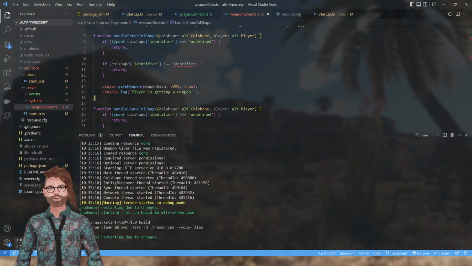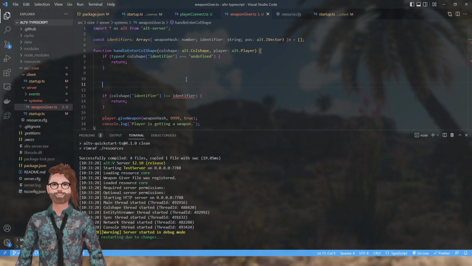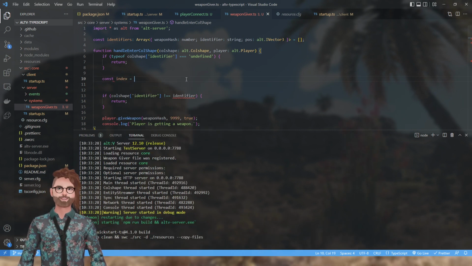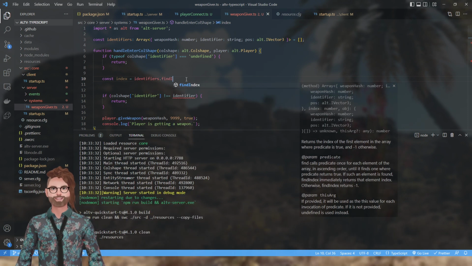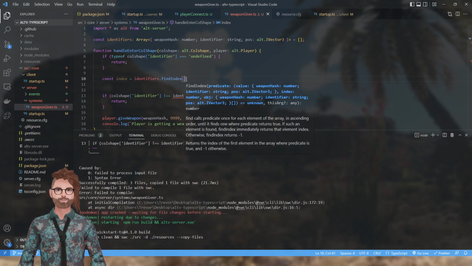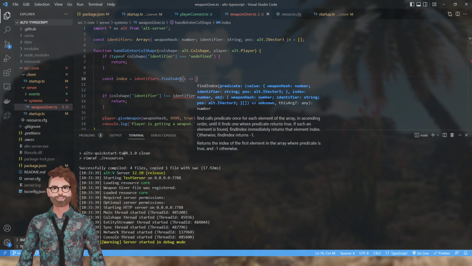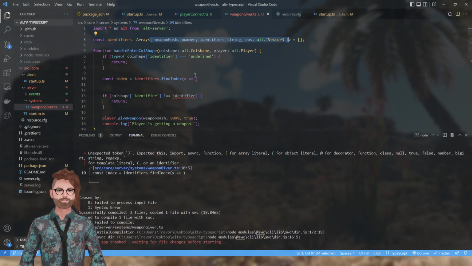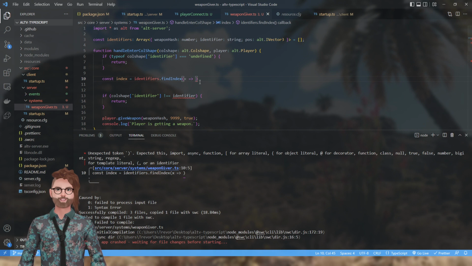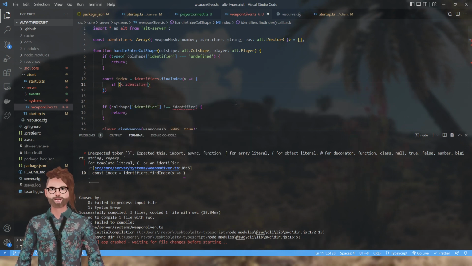And then it's going to start complaining because it doesn't know where to find this identifier anymore. So what we're going to do is look up the index and see if it exists. So if I do index identifiers find index, we're going to be looking into the object. So x is going to represent kind of like an iterator of that object. So I can do x.weaponHash now, or x.identifier, x.position. So I'm going to open this up and I'm going to do if x.identifier